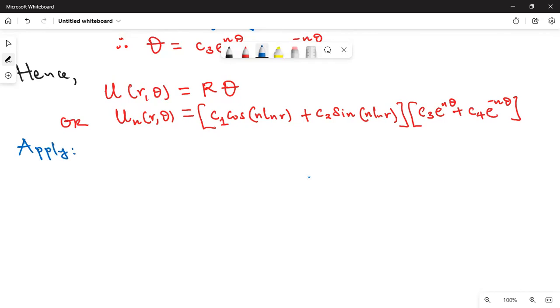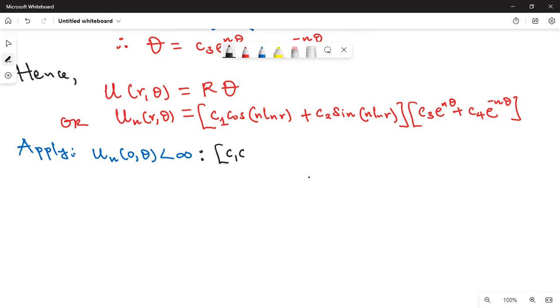The condition is that u_n of 0, theta is less than infinity. So what are we going to get? When you put r equals 0 in this equation, we are going to get